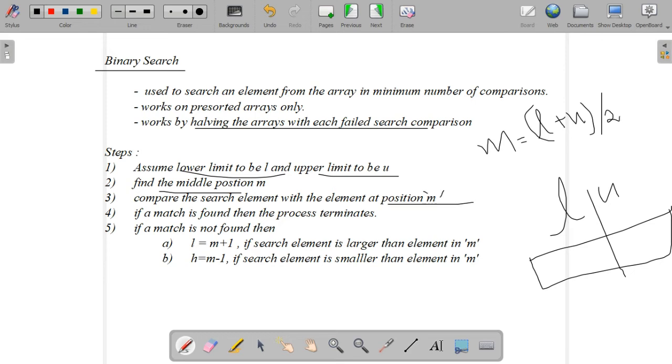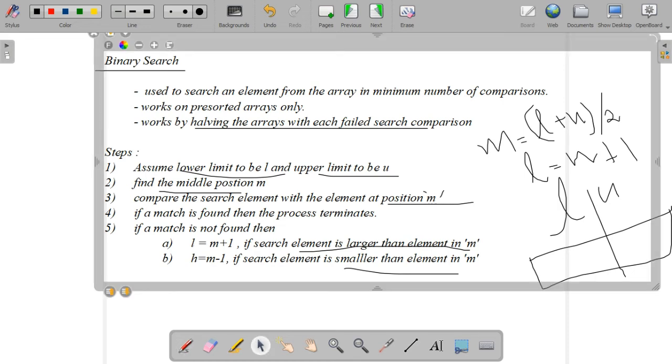Then compare the search element with the element at position M, the middle position. If a match is found, the process terminates. If a match is not found, the searching will continue. If the search element is larger than the element at the middle position, then the lower limit will be updated to M plus 1.